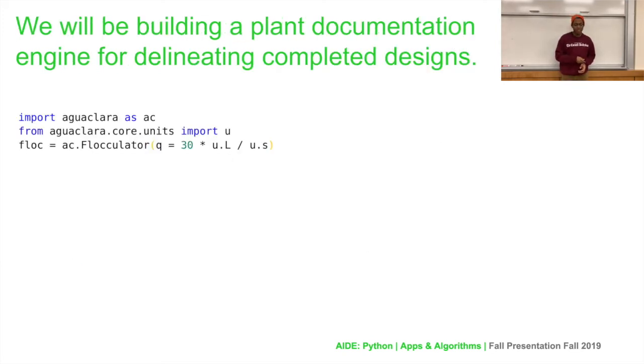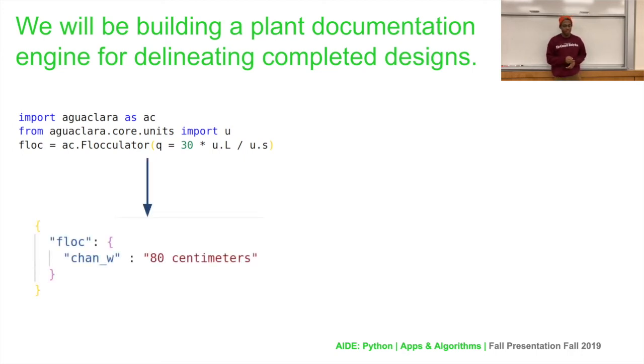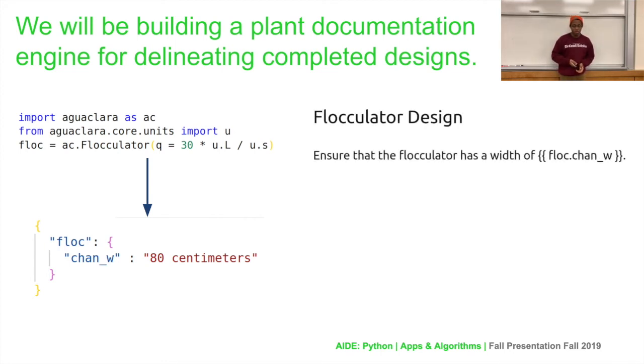Next, we're building a plant documentation engine for delineating completed designs. As you can see here, we first have our code snippet, which works on a flocculator. Then we can serialize the properties of that flocculator into a JSON that allows us to connect it to this design template. This design template is a structure which reads out to the person what's happening in our flocculator, or in any other component, but it has these brackets here that allow us